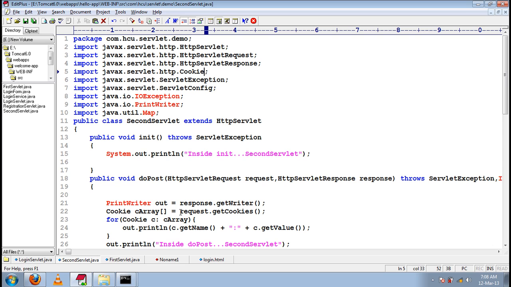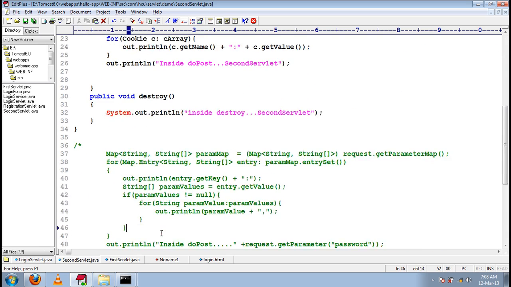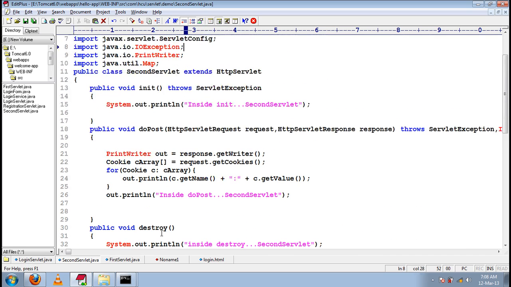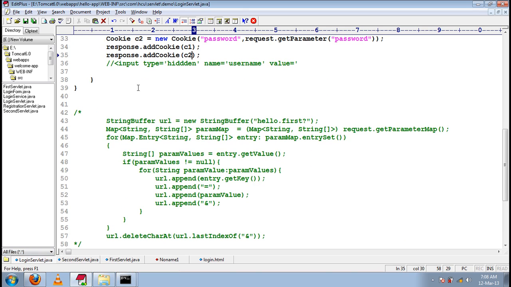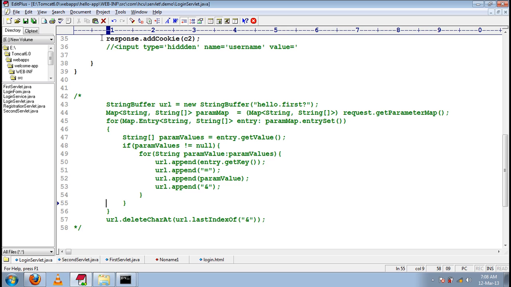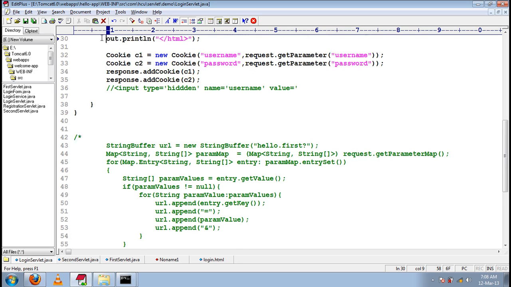Okay? Now, let me not add these cookies. Now what I am doing is I am adding cookies to the response object. Now let me not add these cookies to the response object.